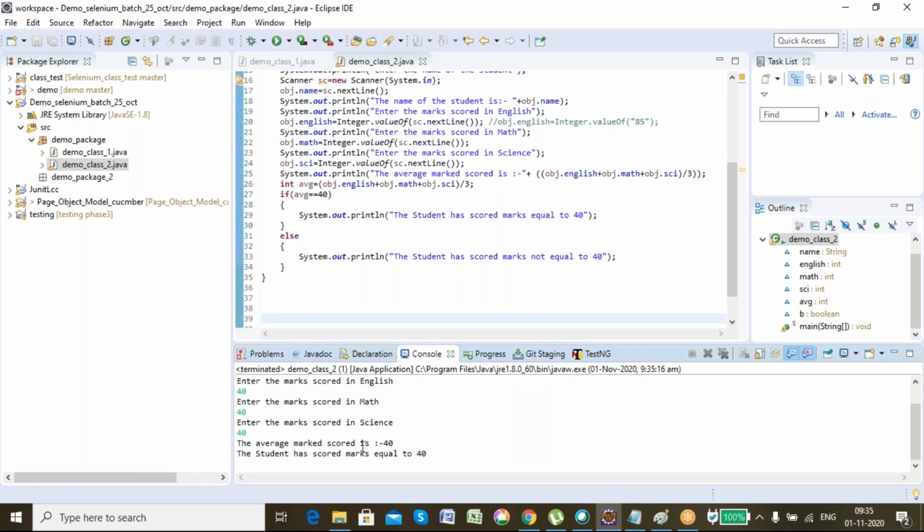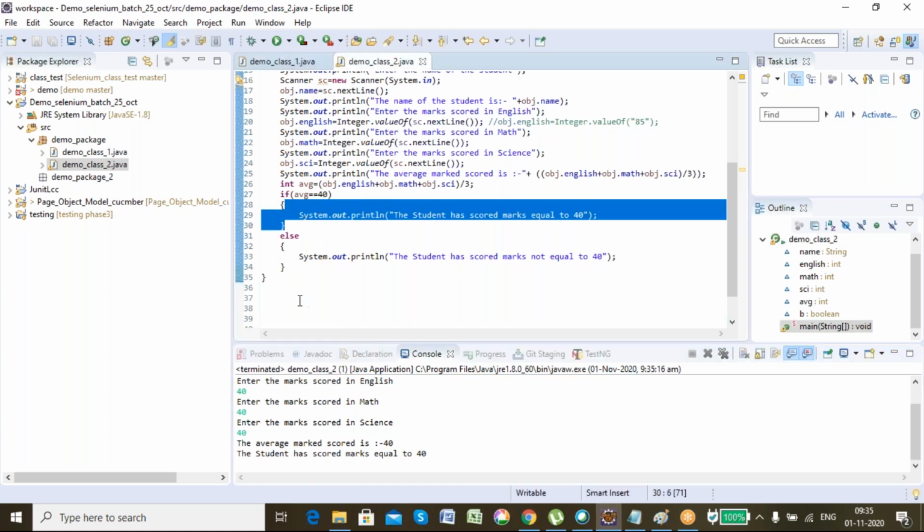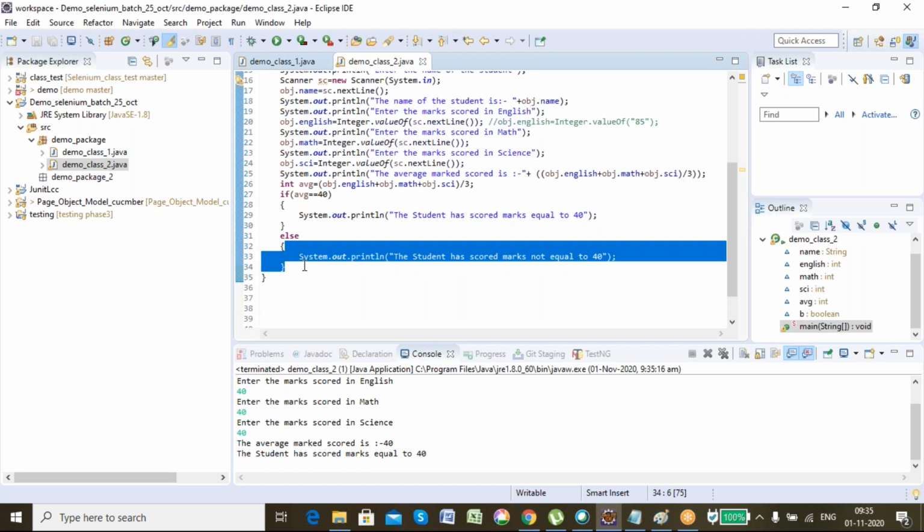See, the average is 40, so it printed that the student has scored mark equal to 40. That means the equal to returned true. So it entered inside this block and skipped the other block.